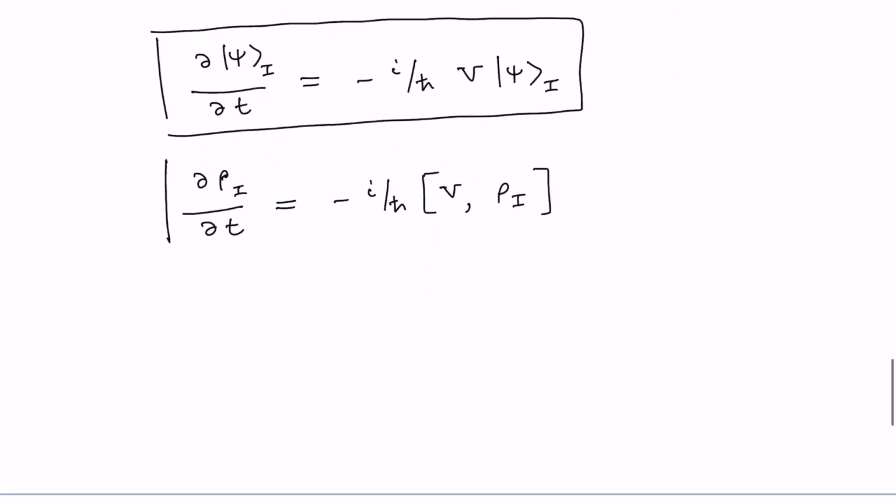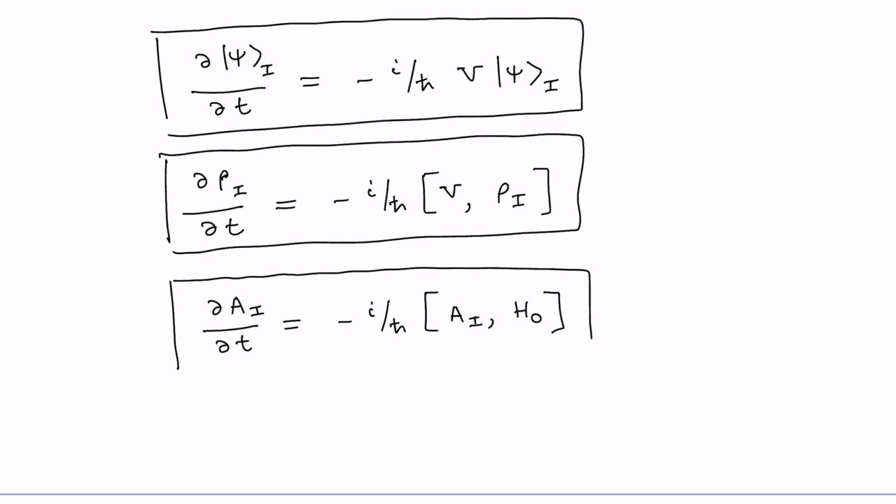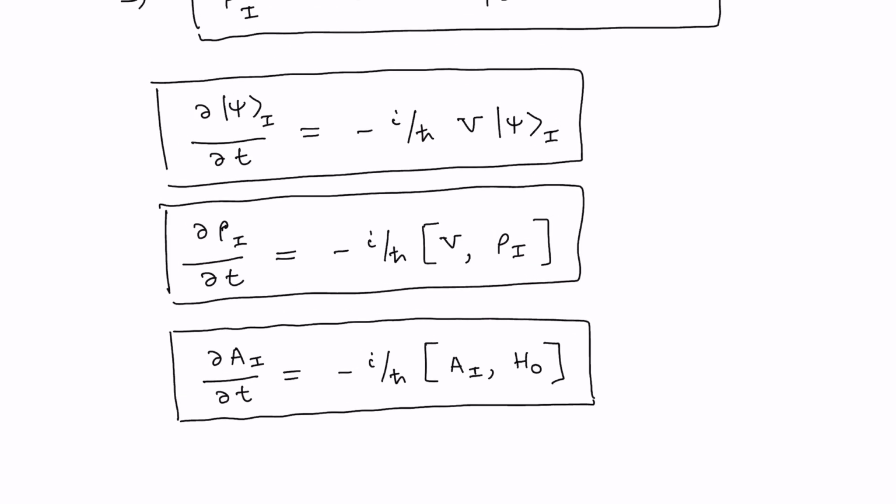By the way, the operator also evolves in time, and the evolution equation for the operator in the interaction picture is this: ∂A_I/∂t equals minus i by h cross [A_I, H0]. I think we are going to solve some problems in problem solving session number 5 involving this interaction picture and other pictures or representations of quantum mechanics. Some of these expressions that I am writing here, maybe we'll derive there as well. And for now, we are going to utilize these results.